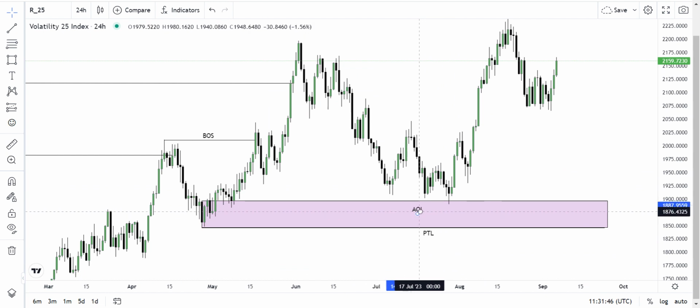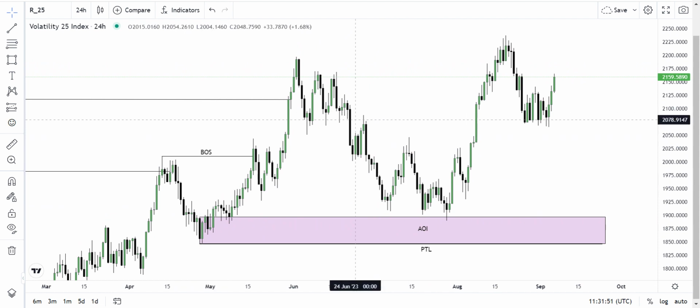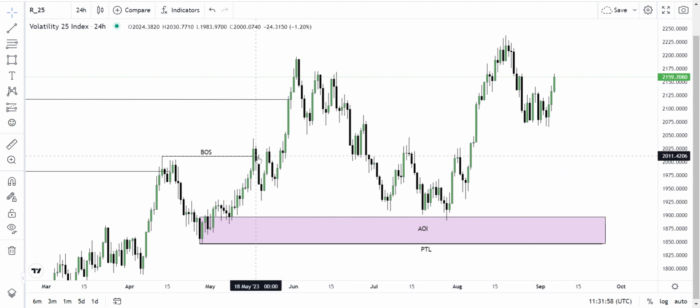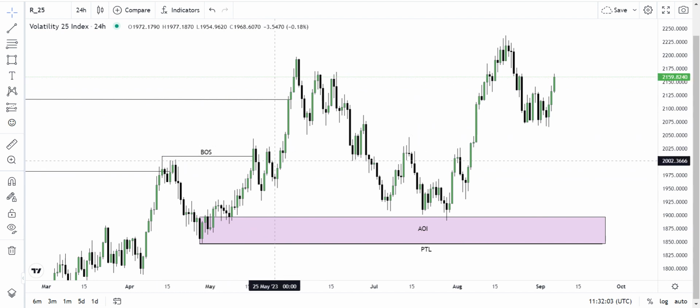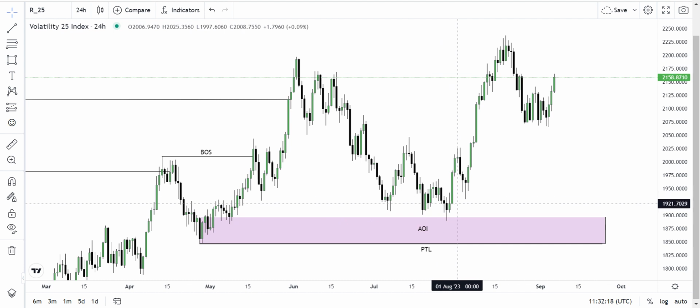Now watch what actually happened on this chart. You could see that at this point in time, all this part of the market has not yet played. But because there was a break of structure to the upside, we were anticipating that the market will later come and test this AOI. And in the future, it actually came. Look at what happened. There was a rejection around this area, and after the rejection, it spiked up.